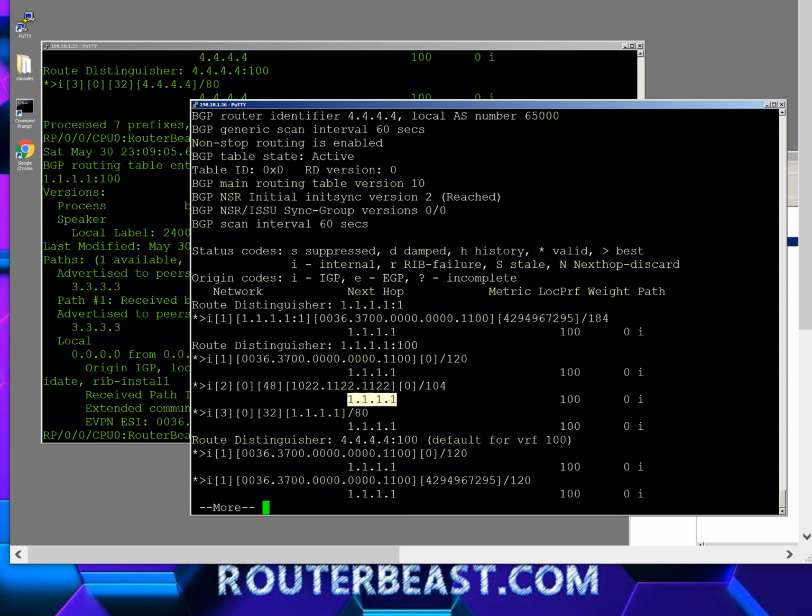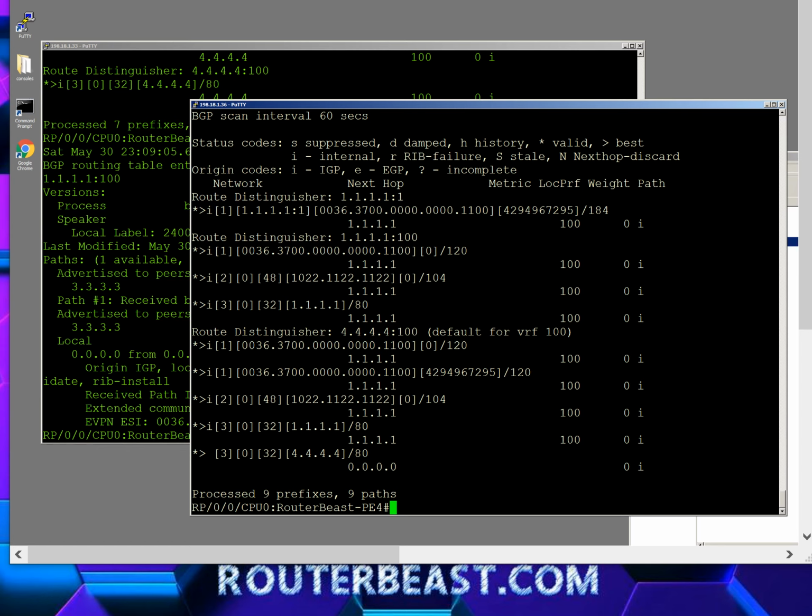You can see different routes that he's learning from router 1. And then if we want to take a bit more of a look at that particular route, I'm going to go show EVPN EVI, VPN ID, sorry, VPN, we've got